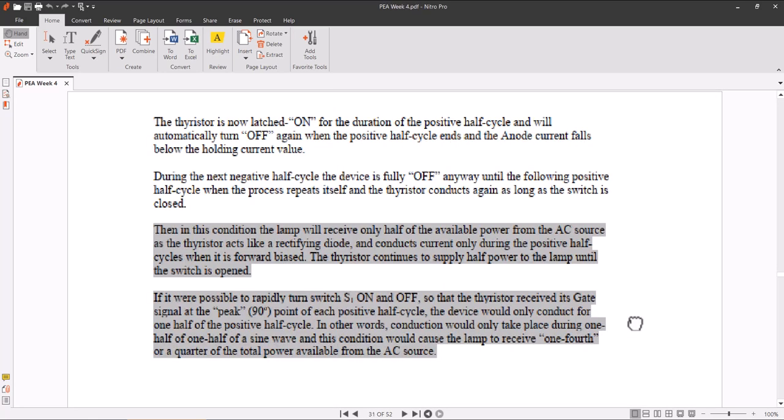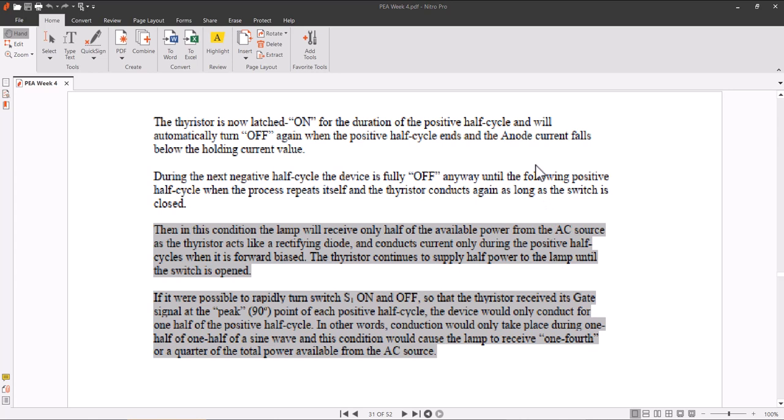The thyristor is now latched on for the duration of the positive half cycle and will automatically turn off again when the positive half cycle ends and the anode current falls below the holding current value. During the next half cycle, the device is fully off anyway until the following positive half cycle, when the process repeats itself and the thyristor conducts again as long as the switch is closed. Then in this condition,